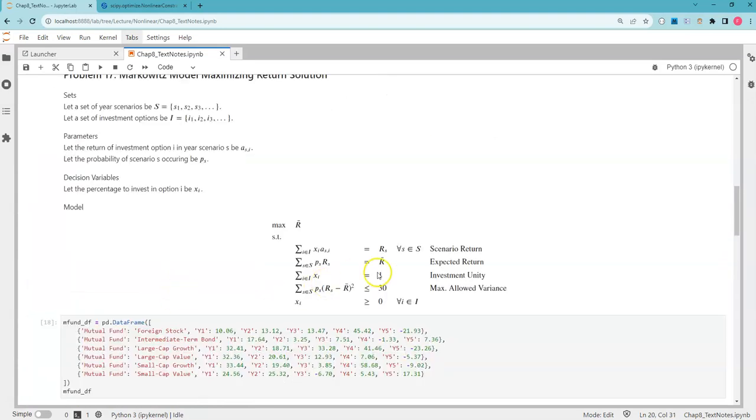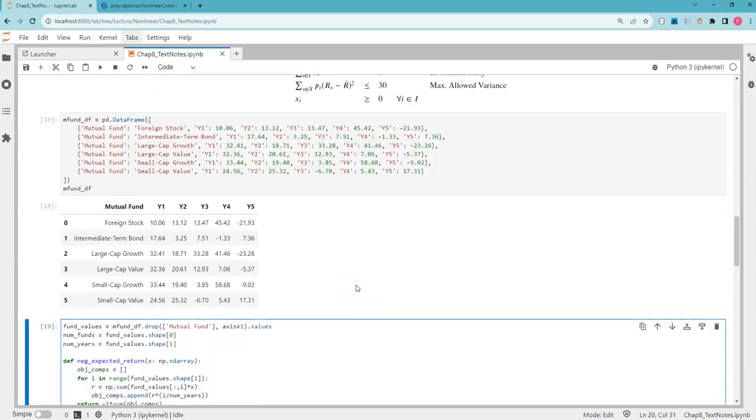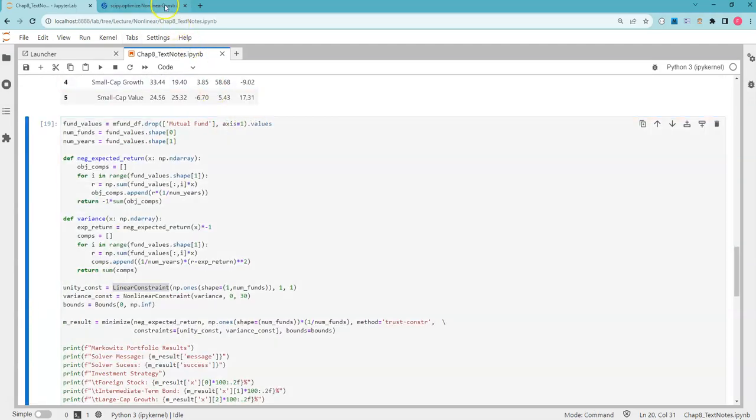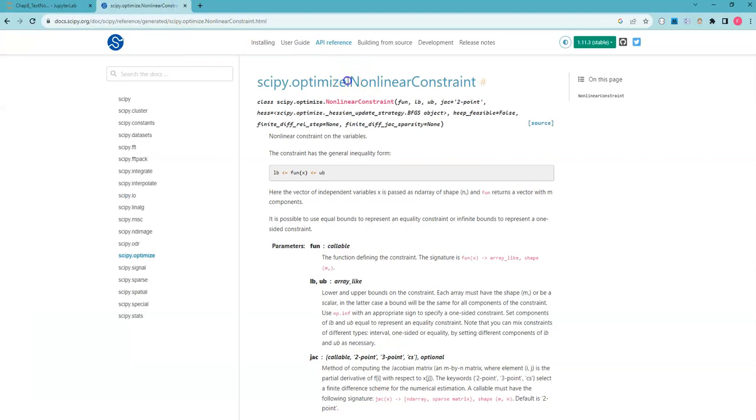I'm sliding up here to this one here, but we also need to have this maximum allowed variance constraint in here. And if I look at this, I've got a squared term in here, and the R sub s is going to have my decision variables there. So we're going to have some nonlinearity in this one. So we wouldn't want to use the linear constraint, but instead we'd want to use SciPy's nonlinear constraint